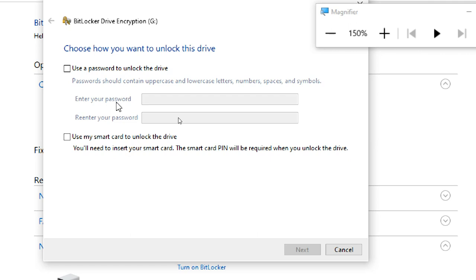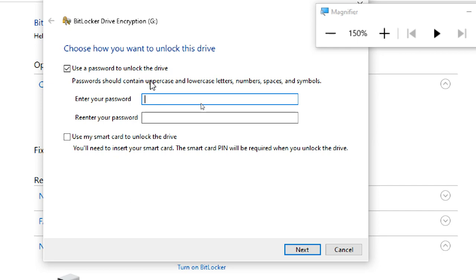We need a smart card for that, and we are not using that now. So we are using passwords only. Select the password. Give a password which you remember. You can use the administrator password, but it is better to use a different password than the user password.